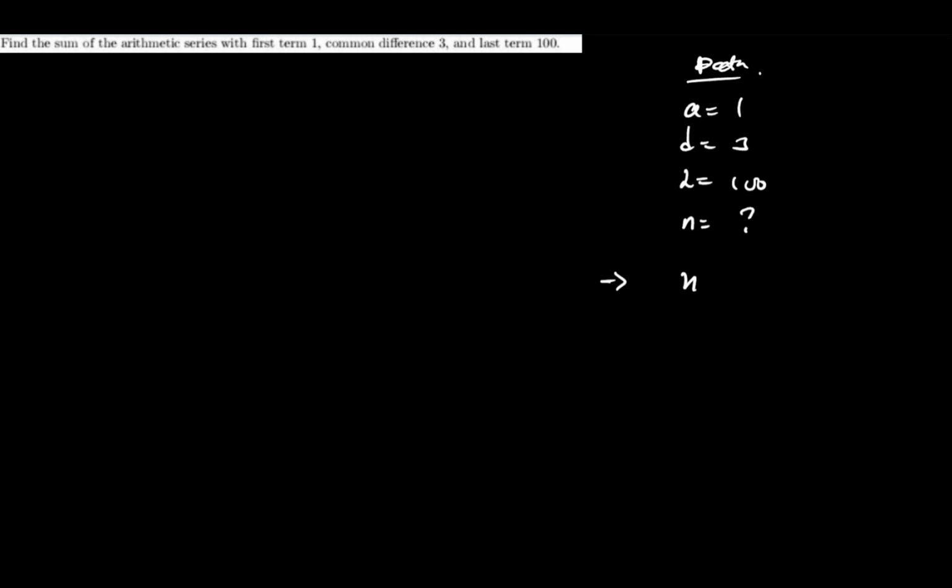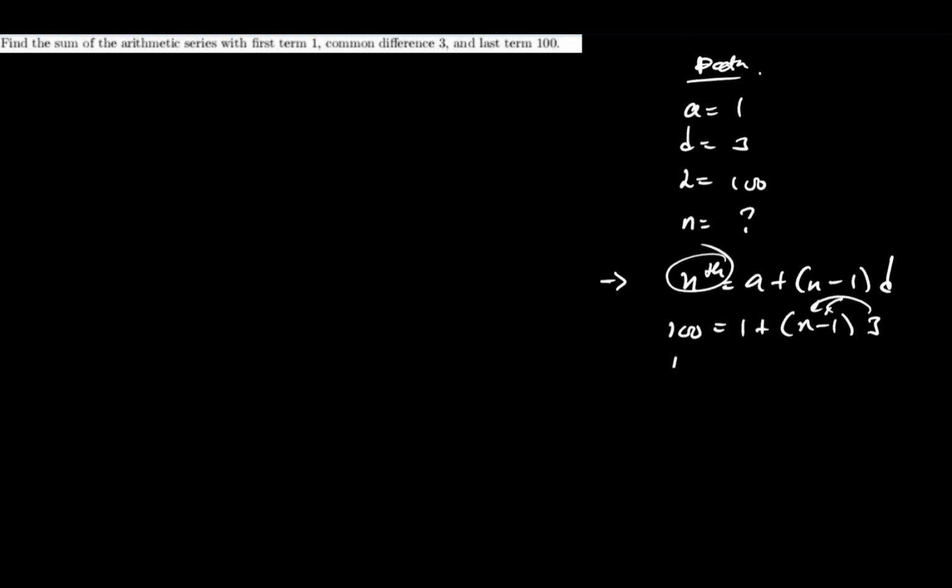Because we're using the formula nth term is equal to a plus n minus 1 times d. Now let's say we know the term on the nth, which is 100. Let us determine, when the first term is 1, the place value. We can say n minus 1, then d is 3. If we follow it